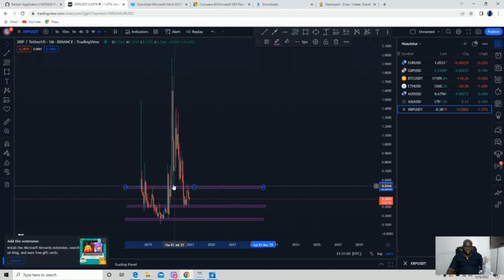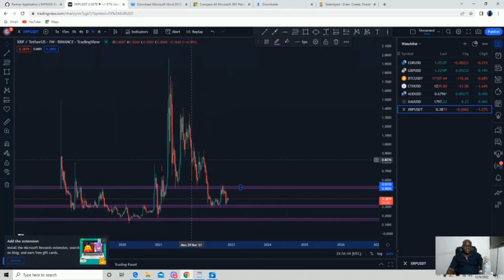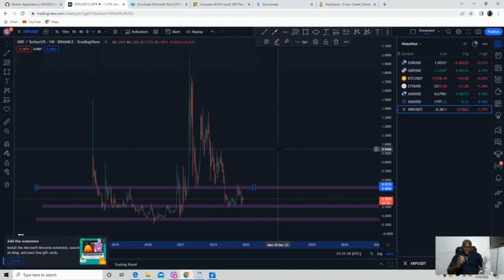This is a resistance, and this is also a support on this long candle here. So that will be that for the monthly time frame. Let's go to the weekly time frame, and now you can see it clearly. You can see how it's just hitting the structures and going back down. Like I said,